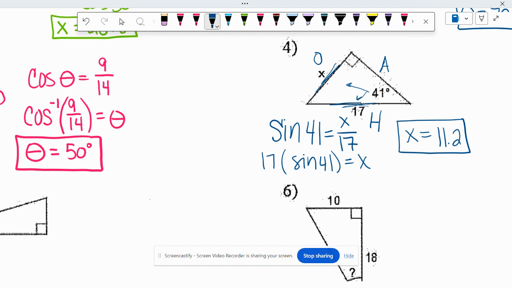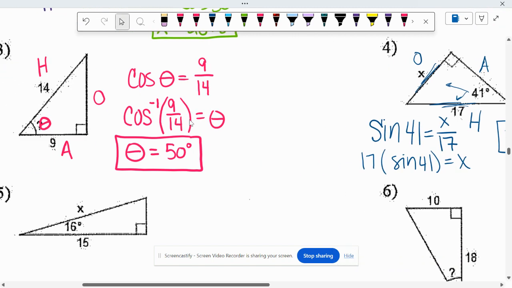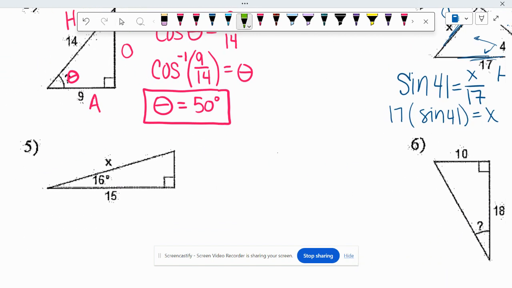All right. Zach, are you ready to do the next one? So Zach, from that angle, let's label our sides. So what trig function uses an A and an H? Do you guys see how we're choosing what trig function to use by the measures on the sides? So which one is it? Yeah, and it's called cosine. So the cosine of 16 equals,